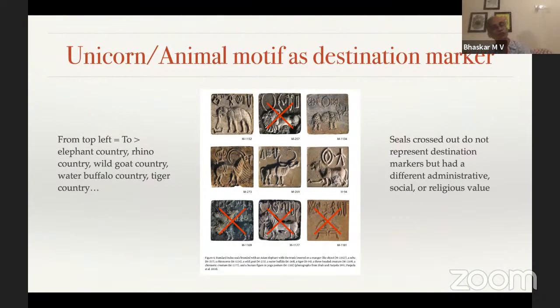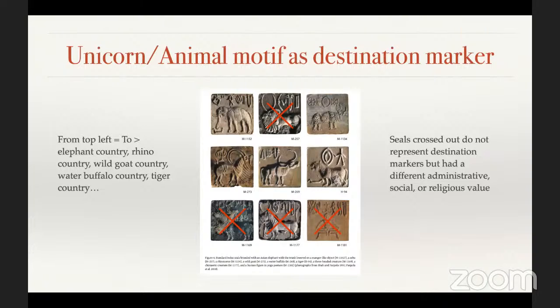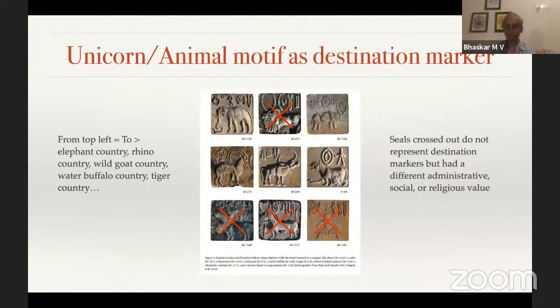And it is nice to know that, because then we don't get a unidimensional picture of Indus as simply people who moved cargo and did not do anything else in life. They did a lot more in life, and we see those aspects. Though I cannot get into those aspects themselves today, that is beyond the scope of this particular session. But they did a lot of other things besides send cargo and receive cargo, and they had other means of expressing them, other symbolisms to express them, and so on and so forth. That is all we need to know for the moment, as contrasted to the animal field symbolism that we encounter on Indus seals, right?